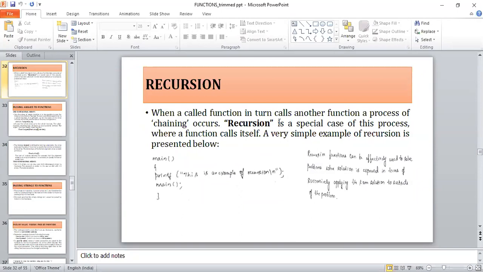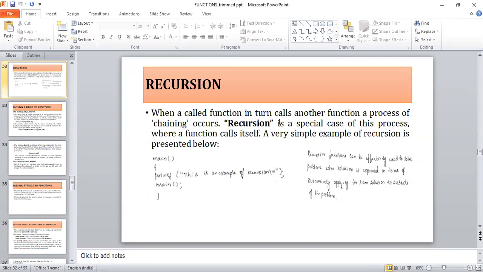But in a nested function, two or more different functions are called. Here, only that one particular function calls itself again and again. That is why it is called recursion. How it exactly happens, you will see in later classes. Basically, there are two types of recursion: direct recursion and indirect recursion. Indirect recursion we will see when we take up the programming exercises on recursion.